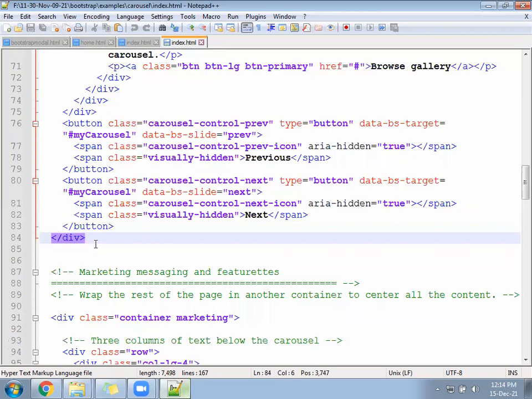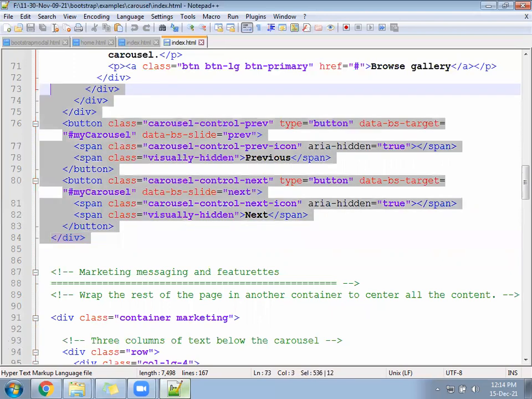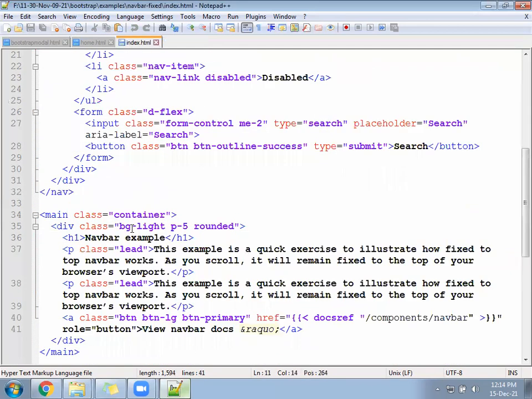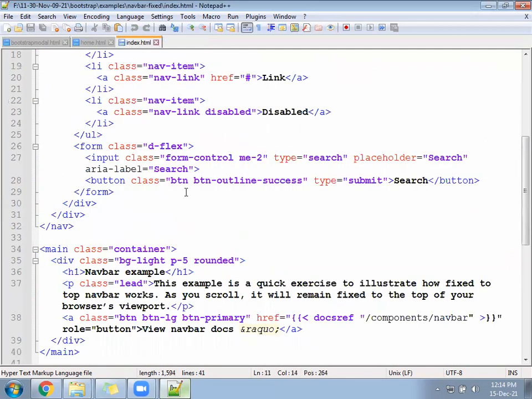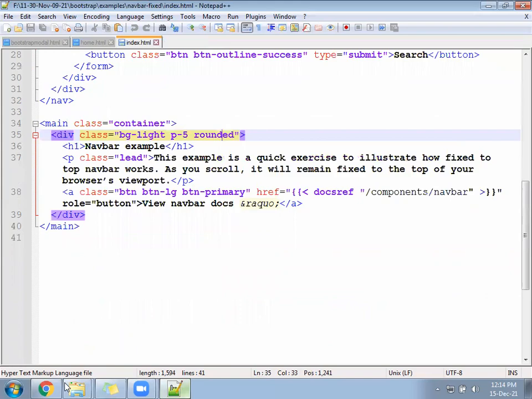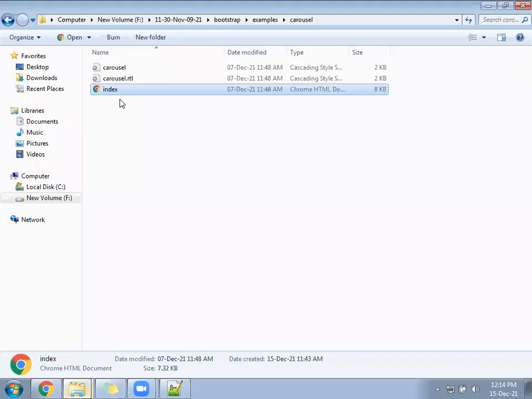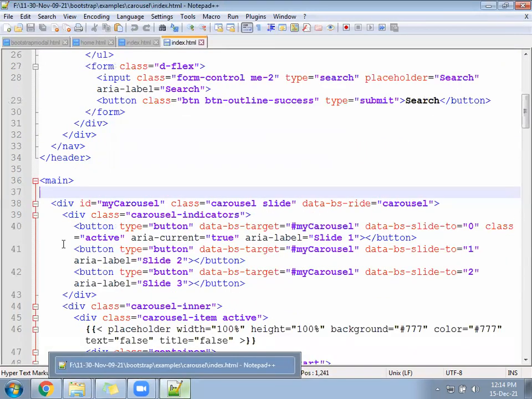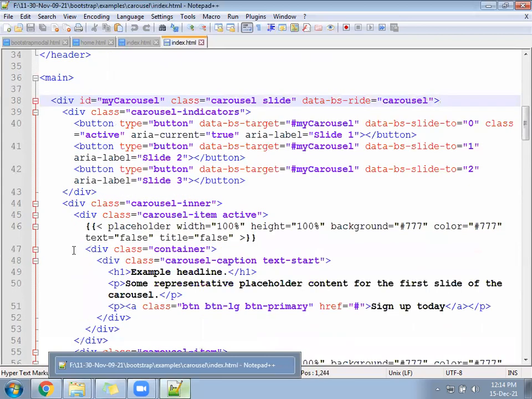Next, after that, line number 38 to 84, you will copy properly. The div to div we can copy.